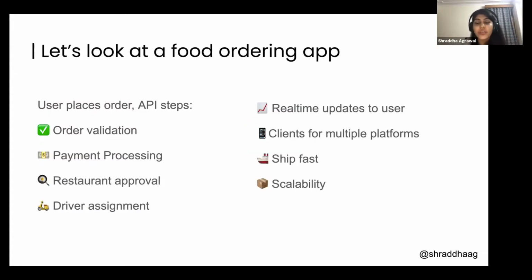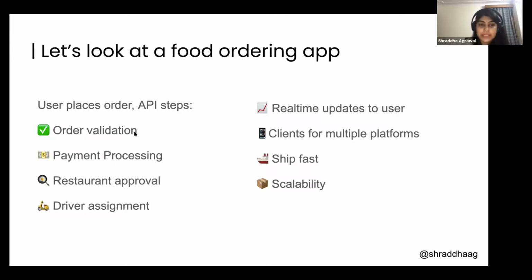Now let's see how we can use this power that GraphQL gives us to build an architecture that promotes building fast. So let's look at the MVP for a food ordering app. Let's look at the MVP steps that will be required if a user places an order.